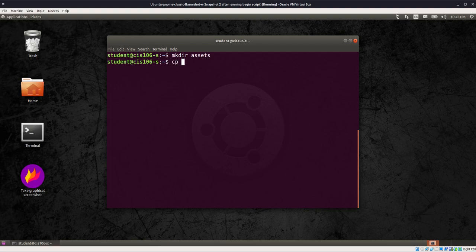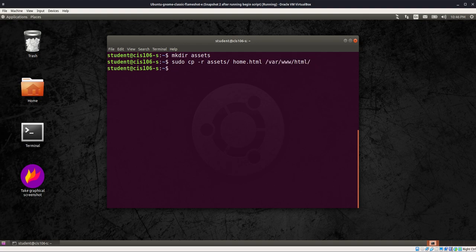Now I'm going to copy the assets directory and also the HTML file. So that will be home.html, and I'm going to put it in my Apache directory. That will be /var/www/html. Now notice that I typed sudo in the beginning, and that is because the var directory is owned by root. Therefore, you need to be root or have root privileges in order to copy files into the var directory or create files in the var directory. So let's press enter,